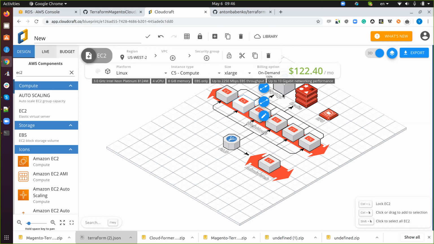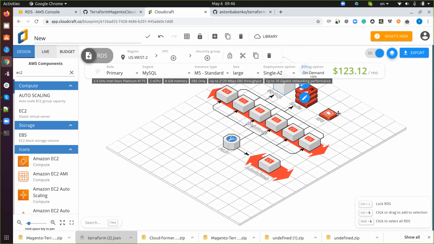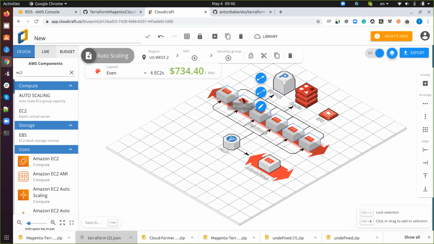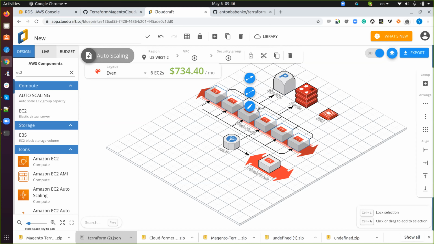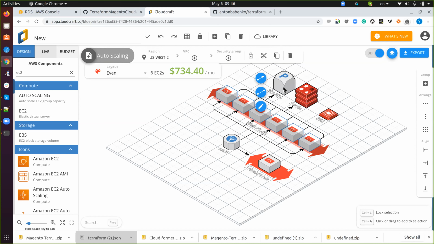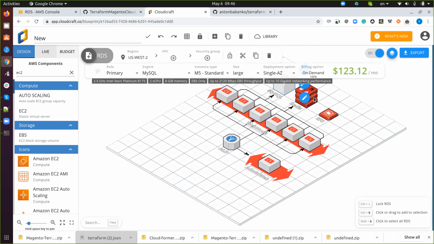But the main problem with high traffic you will have at the MySQL and Redis level, because web nodes are easy to scale. You need to optimize this part of infrastructure,